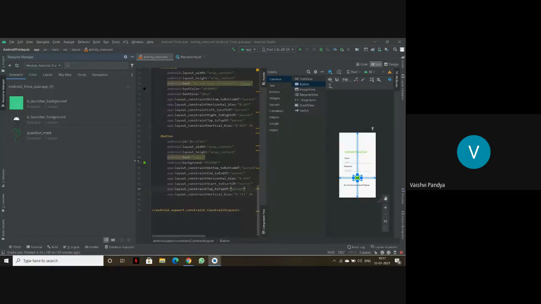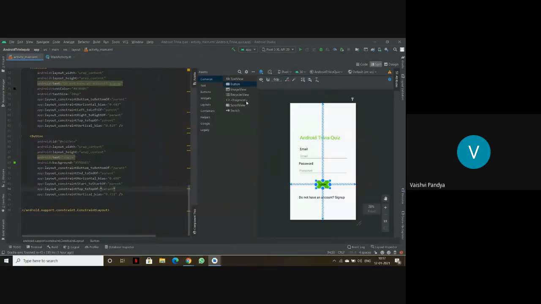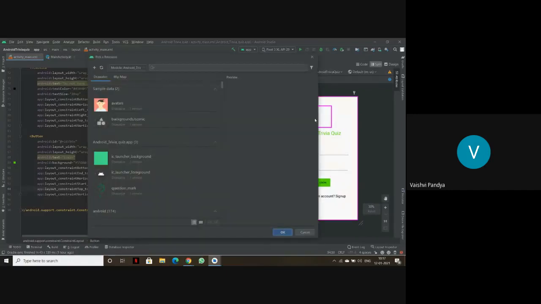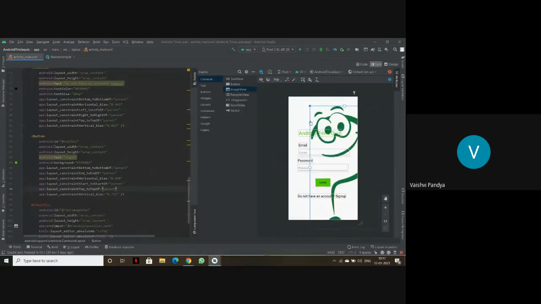As you can see here, one version of it is imported. Now I want to use it. So I'll use the image view option. I'll just drag it again here from the palette, and you can see here that the drawable file is already here. I'll just click on it and click OK. So this is very big, so I'll adjust the size here again.